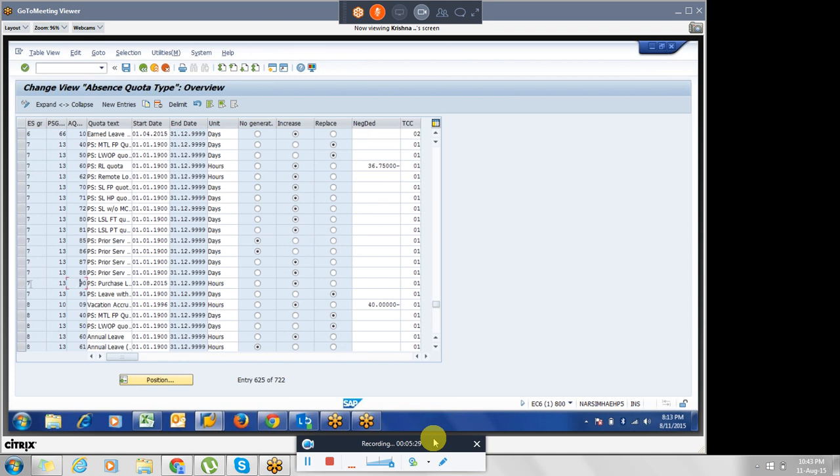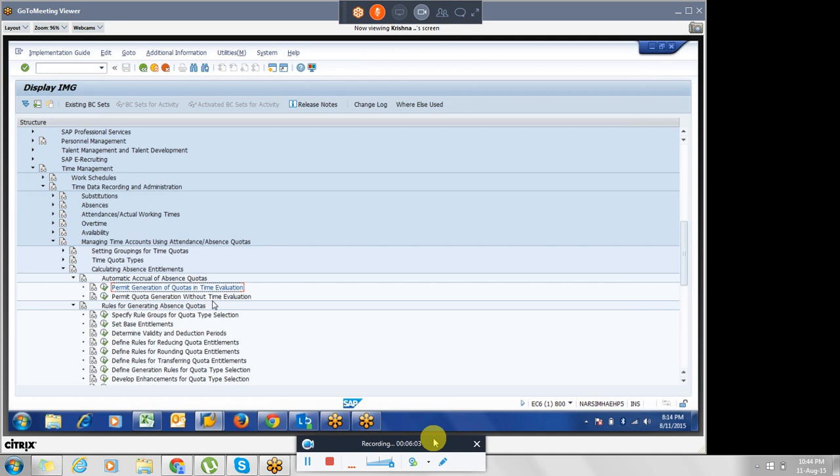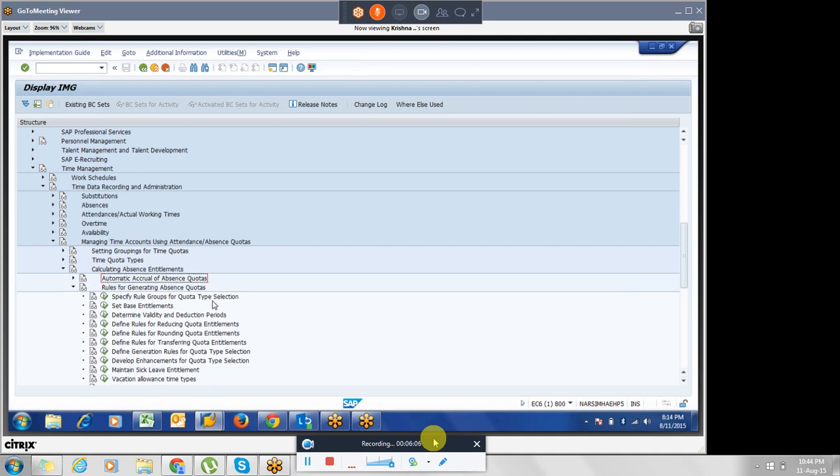If you go here again, this one we have done, right? If you see, this is from 1st of August. It is telling increase. If you select this and say expand, it will show the old one also. The old one was limited up to 31st July with no time evaluation. This is one of the cutover plans when you are implementing time evaluation midway. If it is a scratch project, you can give the same date, no issue. But this is one of the things we have to take care of with the configuration.